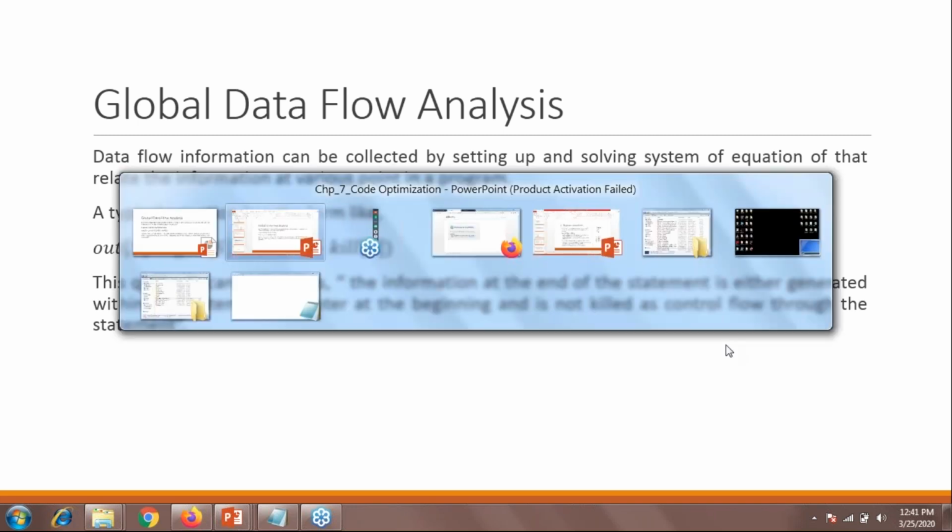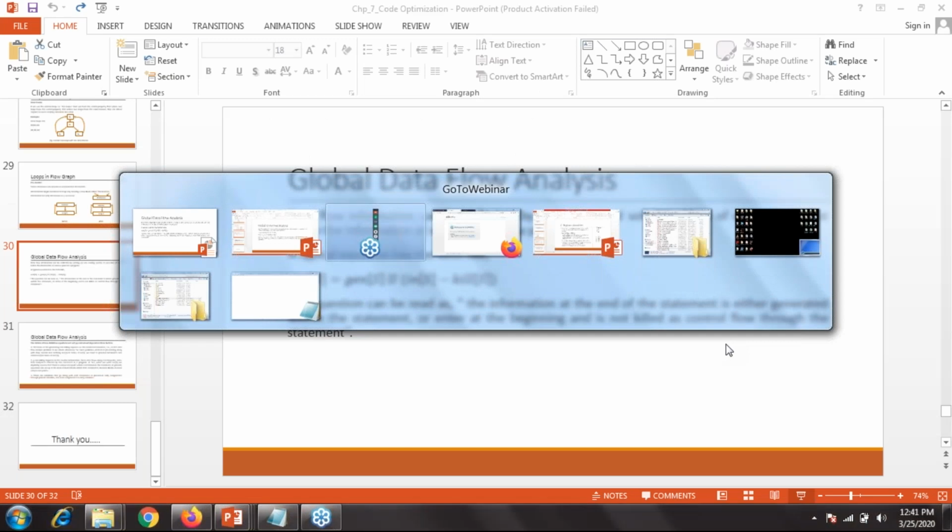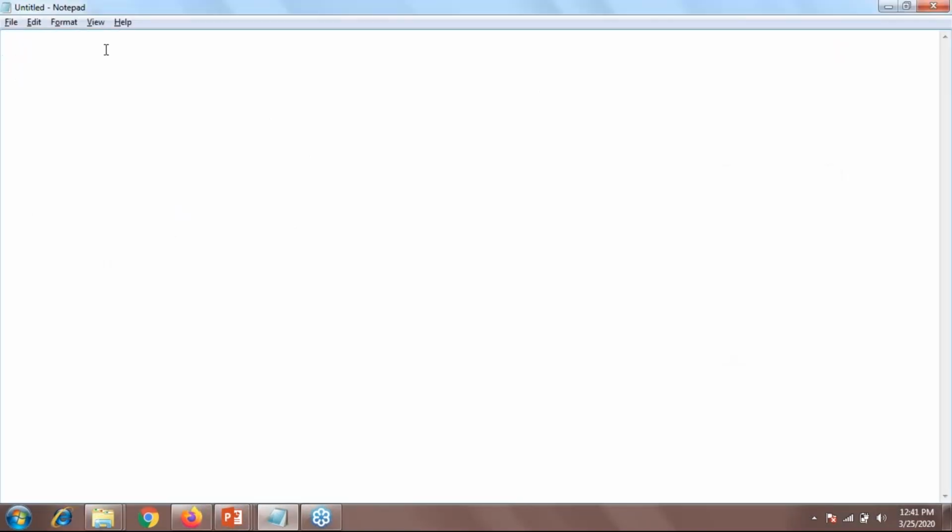Now, what is the actual meaning of this equation? If I say function 1 can call function 2, function 2 will generate some data, something like a plus b, right?